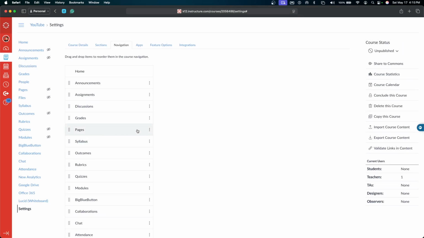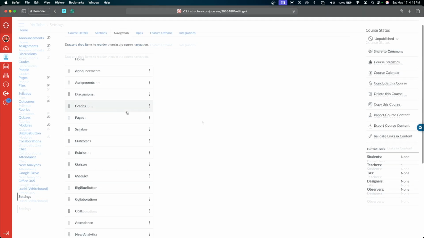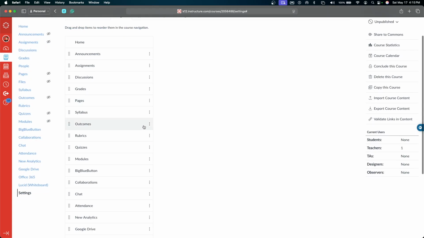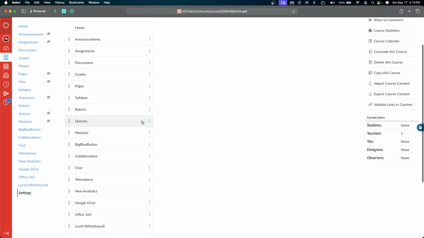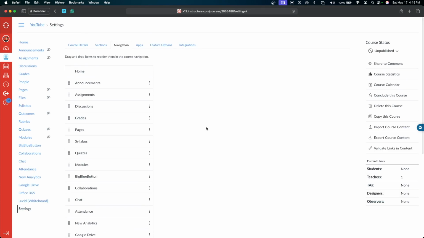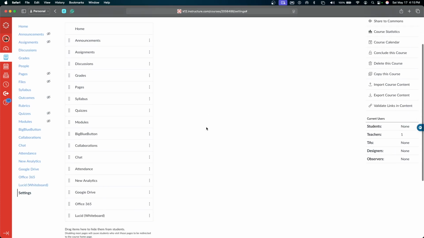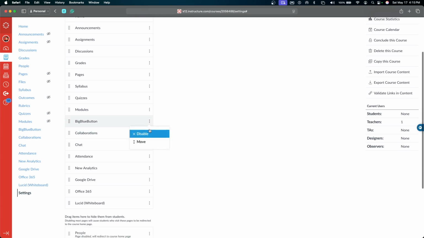Blocking pages is actually a good one to keep, unless you add the pages into a specific module, but I'm going to keep pages actually. Outcomes, I'm going to go ahead and block outcomes. I'm going to block rubrics because they can see the rubric on the actual assignment. I'm going to block the big blue button,